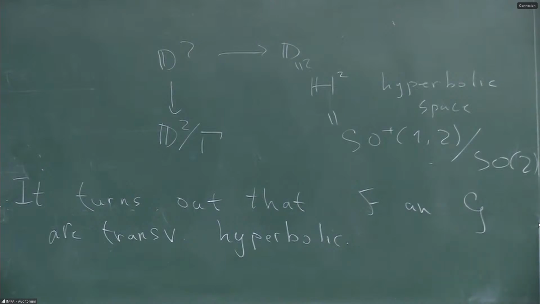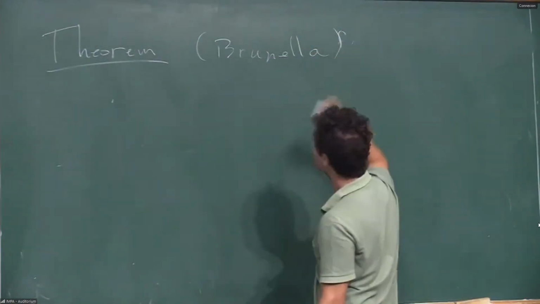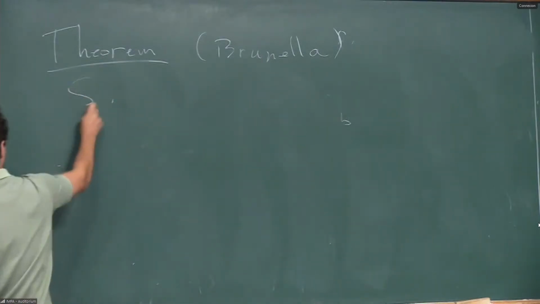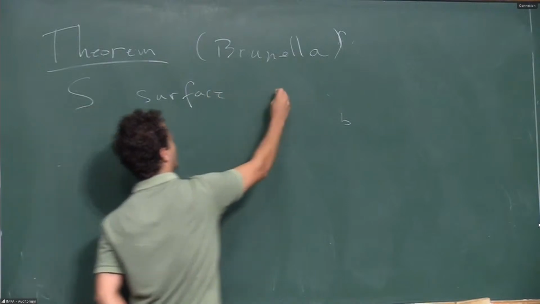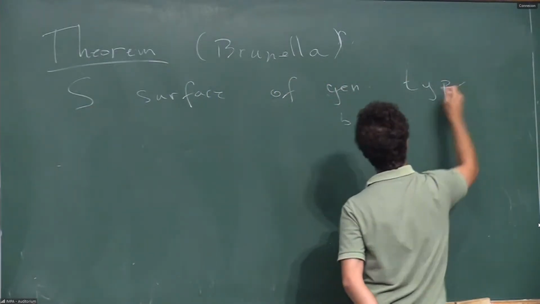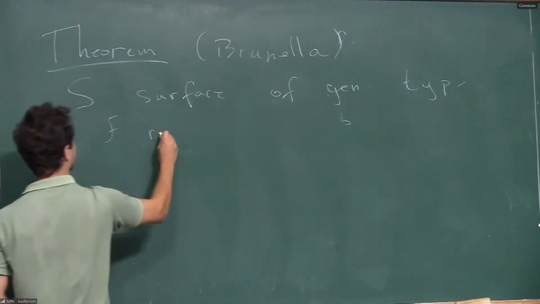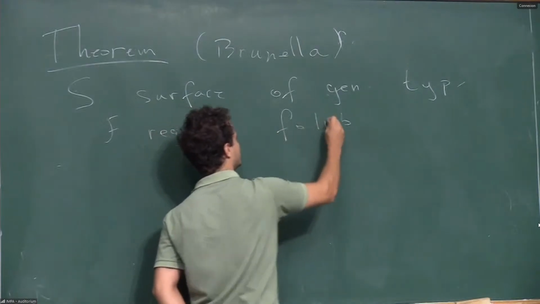All foliations on surfaces of general type. So suppose S is a surface of general type, F a regular foliation on S,